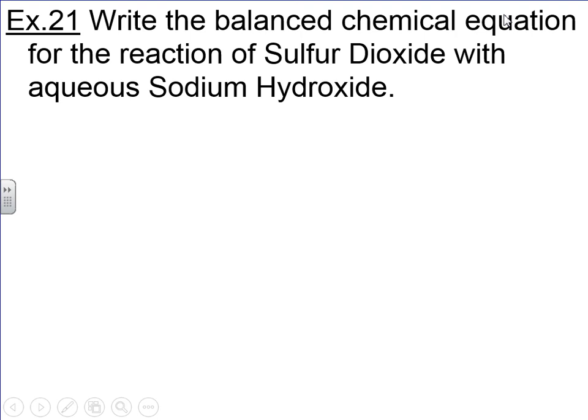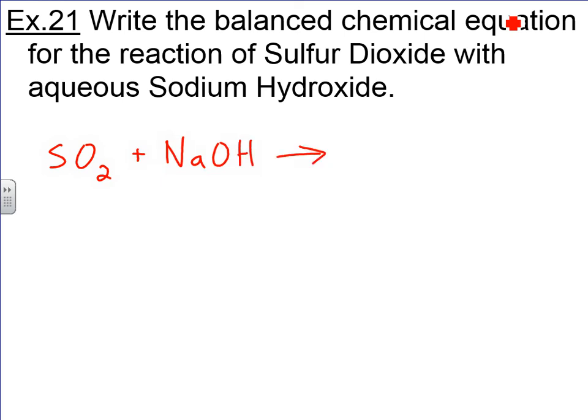So if you tried the equation above for sulfur dioxide, now we're going to add it to a base. So sulfur dioxide is SO2, sodium hydroxide, NaOH. So in this case, what we have is a nonmetal oxide being added to a base. Now remember, the nonmetal oxide becomes an acid when you add it to water. This base is aqueous, which means technically the sulfur dioxide is hitting water, becoming